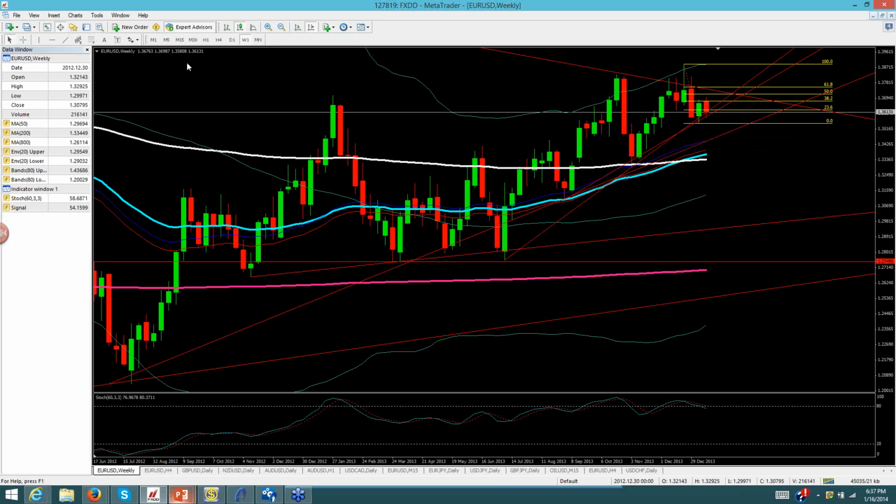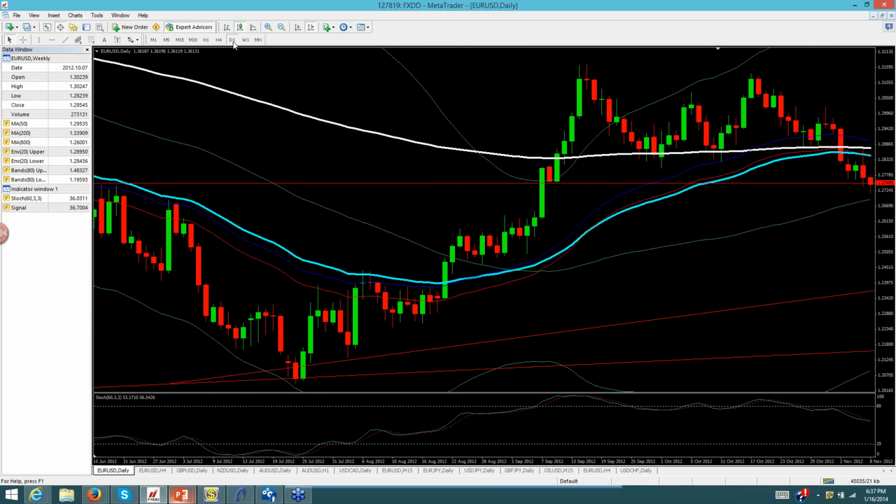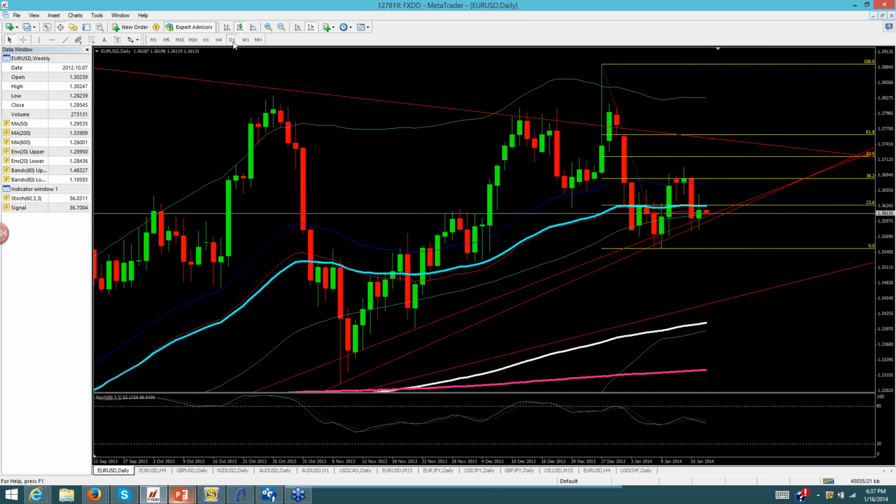Okay, so what does that mean for us? Looking at the daily here, we've had a sell bias this entire time. So we can expect more likely than not that price is going to come back again, and you can see that we've had multiple tests now that we're down here on the euro dollar daily chart. You can see that we had a test on January 8th, another test on January 9th, a test again on January 10th, here again on January 15th and the 16th, and starting the 17th, we're actually looking for potentially another test here at